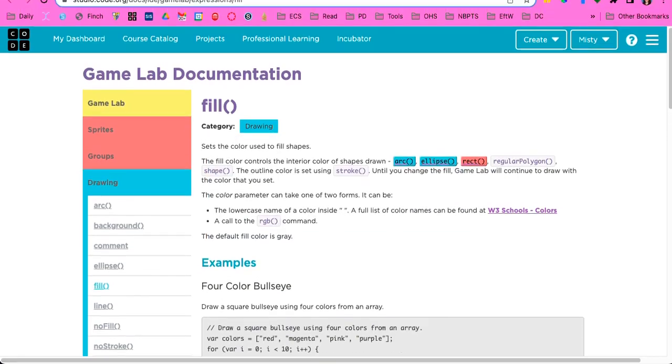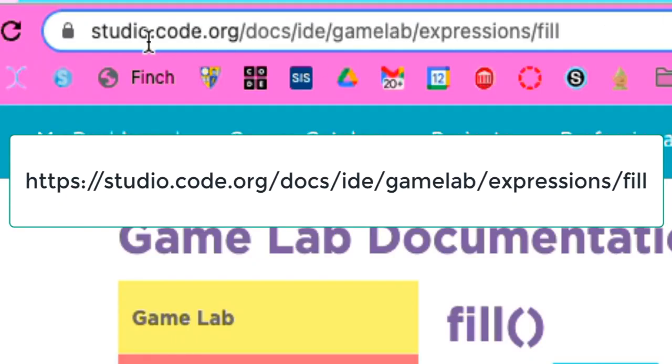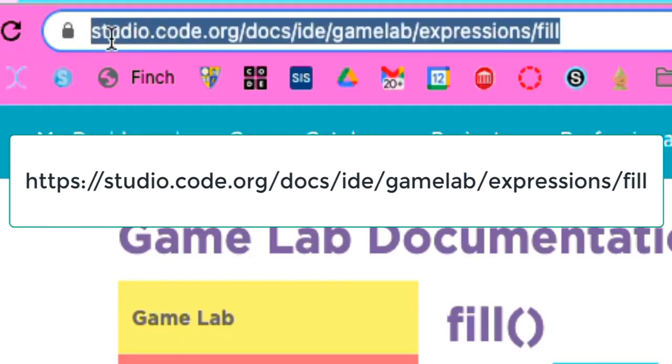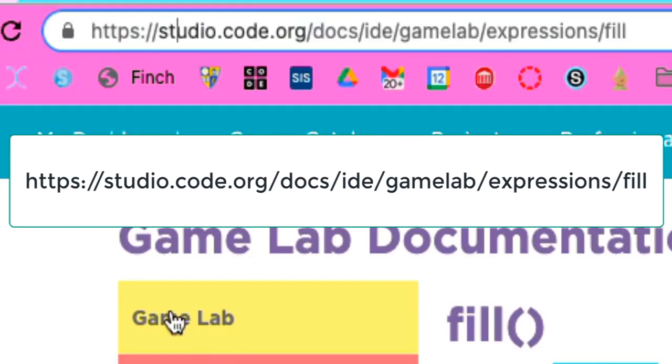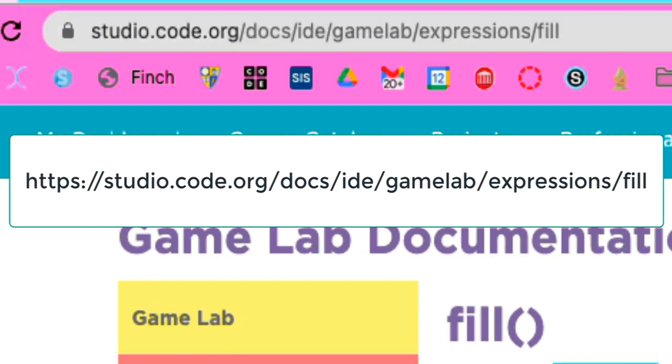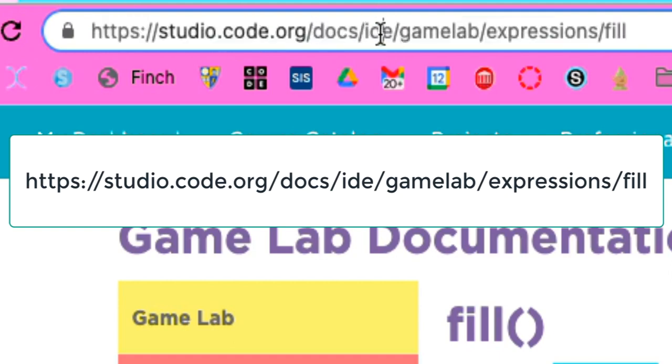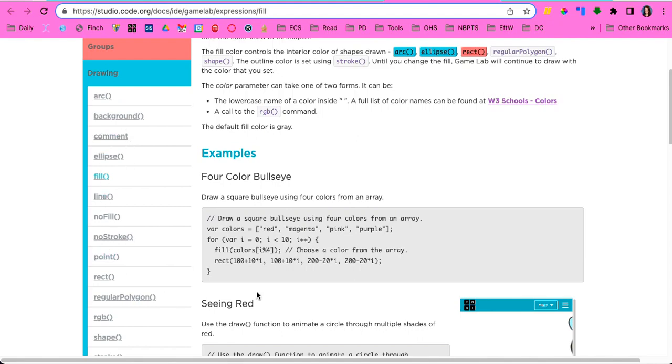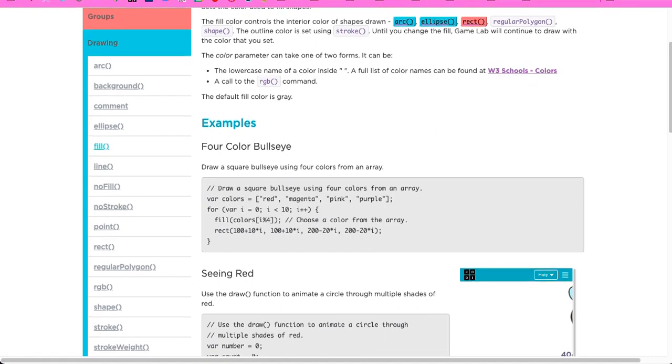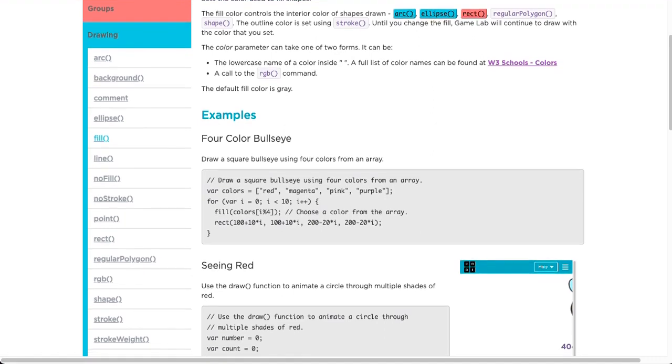So this is the link that you can use to go to Game Lab documentation, studio.code.org/docs/IDE/GameLab/expressions/fill. And then you can see all of the other different ones, and that's how you can access all of